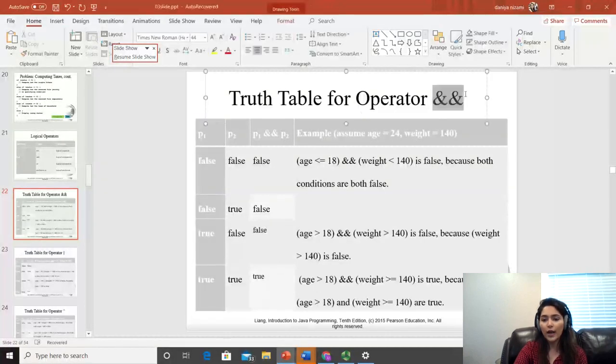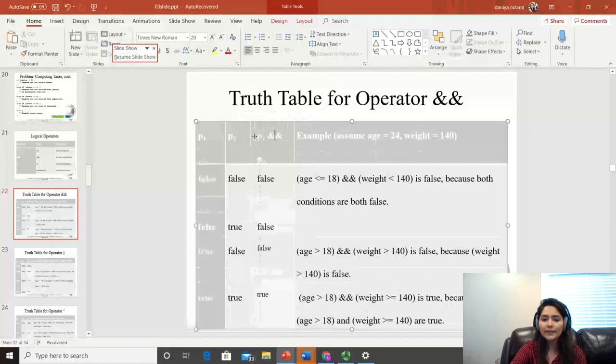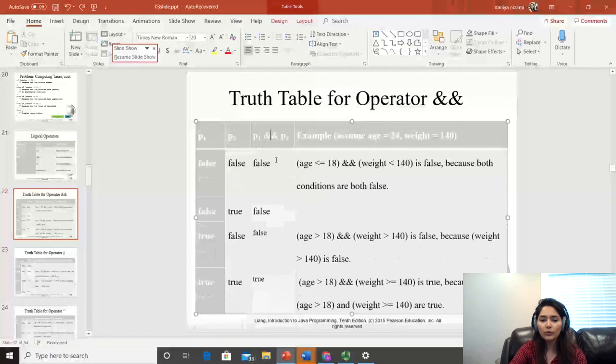While creating a truth table for the and operator, just like the English word, you represent this operator in programming with a double ampersand symbol from your keyboard. So these are two expressions we have. This is the P1 value, this is the P2 value, and when you apply the and operator with P1 and P2, what will be the answer? They are over here. This is a general scenario. If your right side is false and the left side is false, the answer will be false.